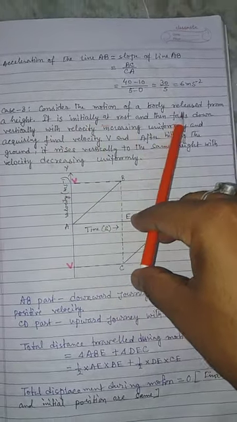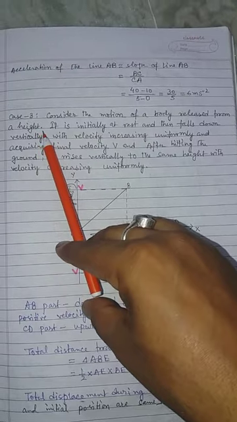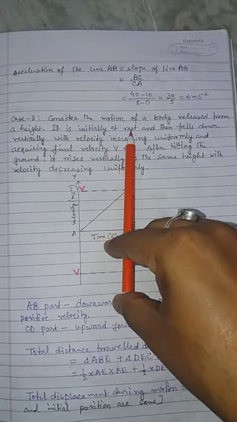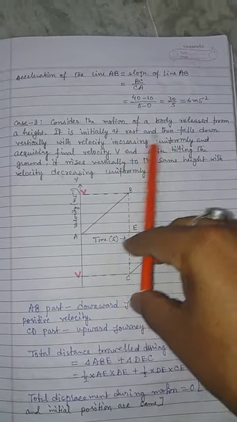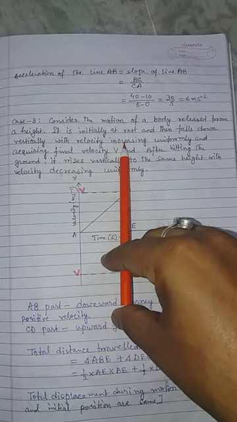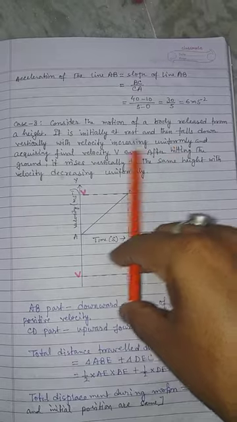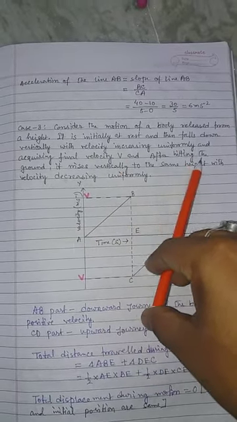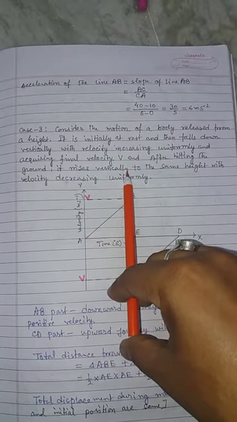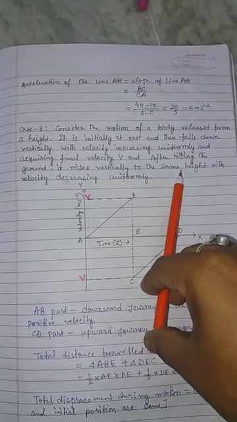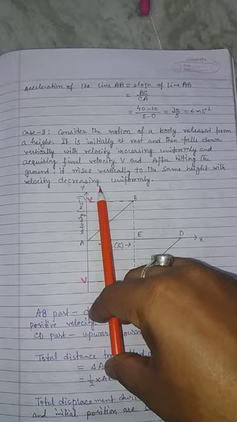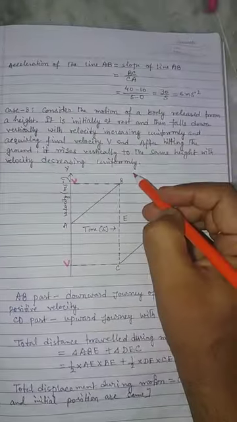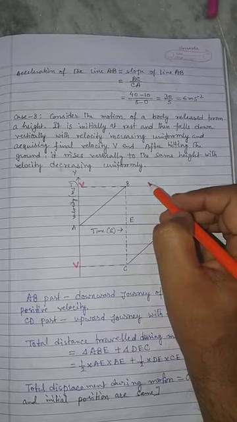Here we consider another case: the motion of a body released from a height. It is initially at rest, then falls down vertically with velocity increasing uniformly and acquires final velocity v, and after hitting the ground it rises vertically to the same height with velocity decreasing uniformly. That means the motion of a body released from a height,